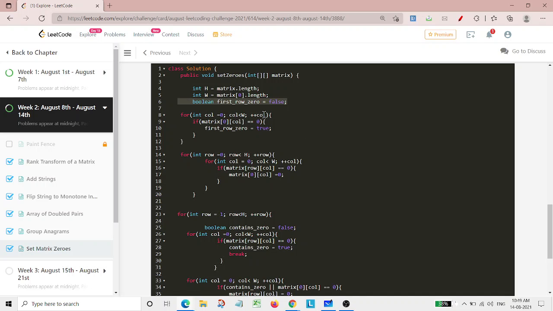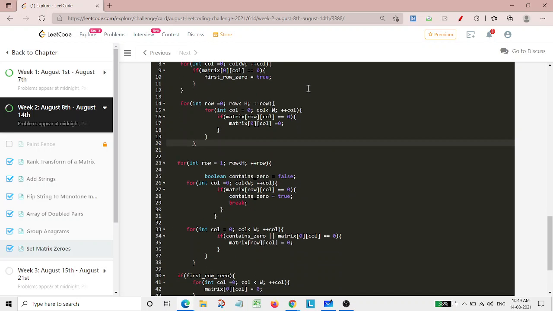Next, we are traversing all the columns, and if our first row contains 0 there, we simply mark this variable as true. Next, at any cell where we have 0, we mark that particular column in our first row as 0.